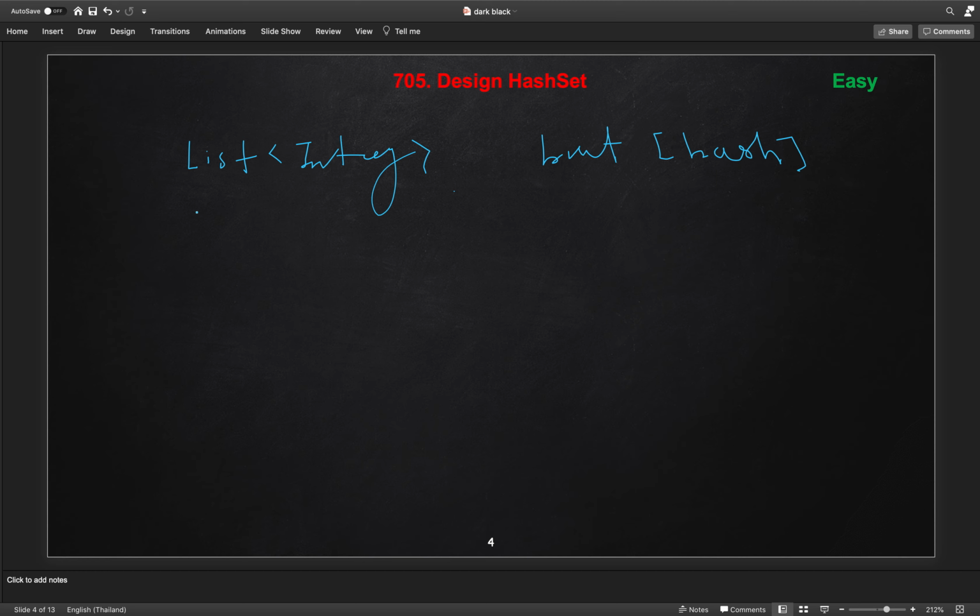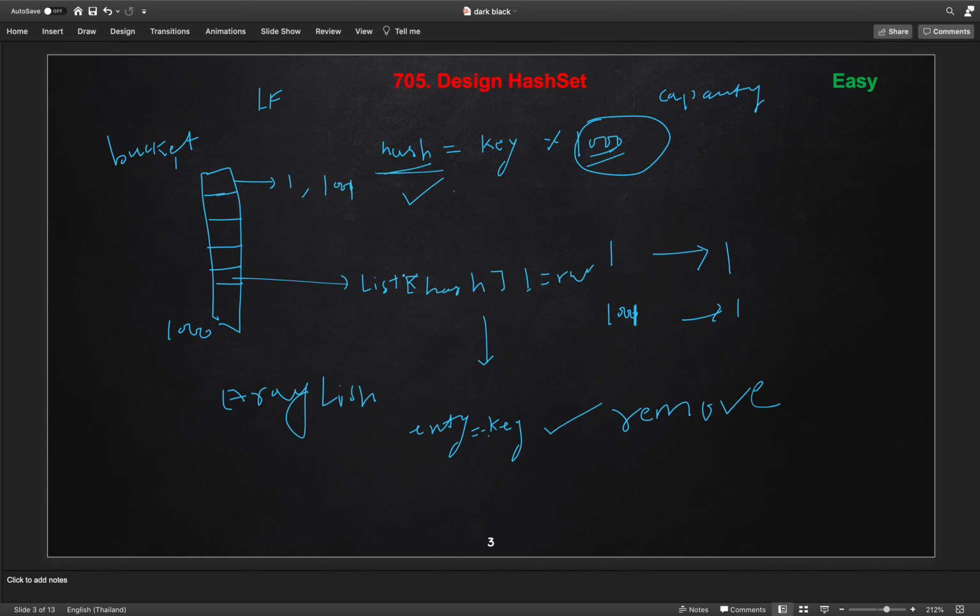Once we got that, we will iterate all the elements, and if it is not null, we will also check with the key. If we find it equal to the key, we will return true, otherwise we will return false. So this is the way. We also maintain a count variable which will count how many elements we already added, so that we will use it for rehashing and increasing the size of our buckets.